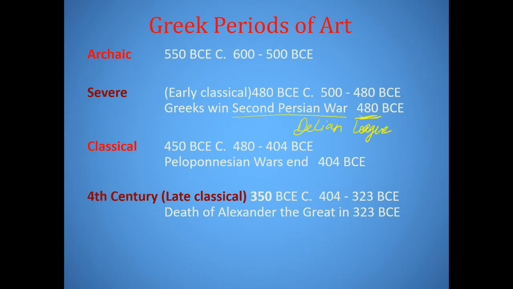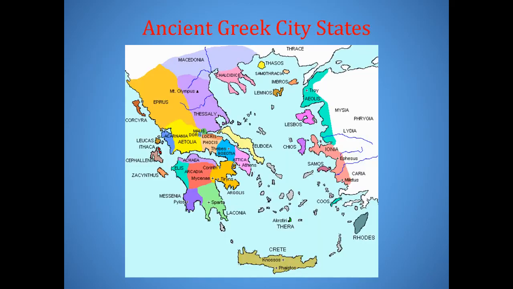Now, the Delian League was a loose unity of the city-states, and the term polis is the term that they used. Polis means city-state, because it was a city, but they governed a fair amount of territory, and the cities had these sort of hinterlands that were farms and things like that that were beyond. When you look at this map, it looks like they were states, right? In the American sense, but they weren't even remotely close to the states in the American sense. In fact, every single one of these was its own sovereign individual government.